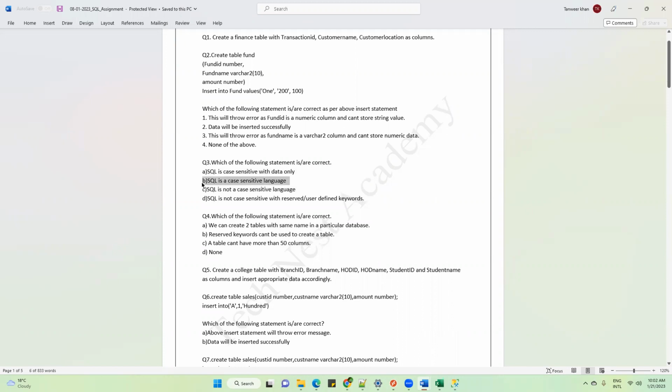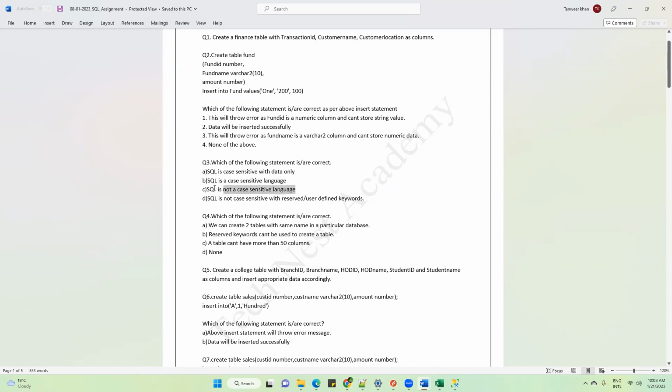No. See, if someone is asking you whether SQL is a case sensitive language, don't say yes or no. You have to clearly say it is case sensitive with data only. It is not case sensitive with user defined or reserved keywords. But in other languages like Python or Unix, they are case sensitive with the reserved keywords as well. Like print is a case sensitive keyword. In Unix, keywords like grep, egrep, ls -ltr are all case sensitive, right? So you have to clearly mention that to the interviewer.